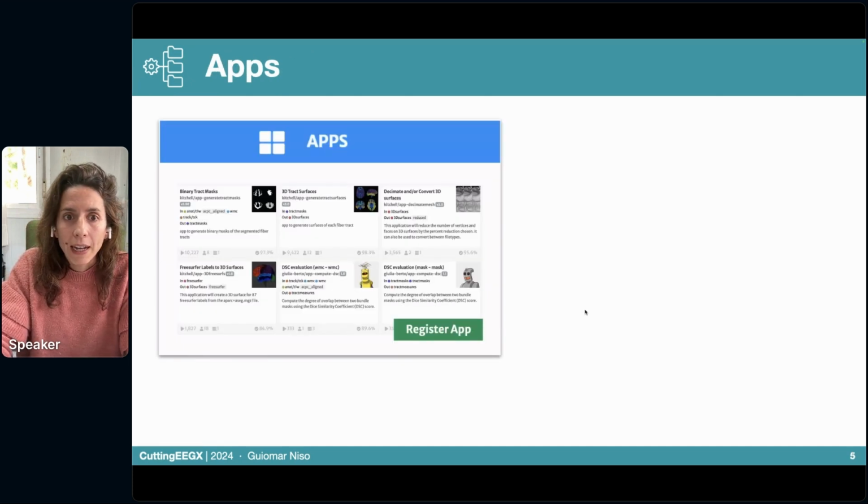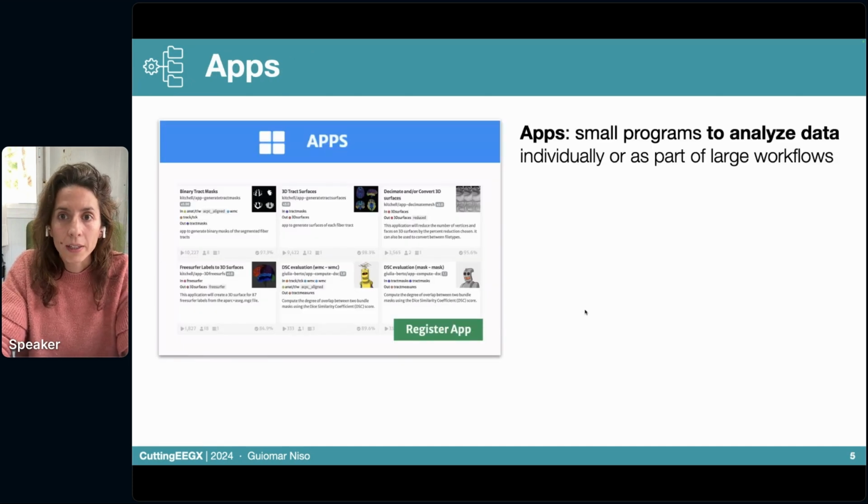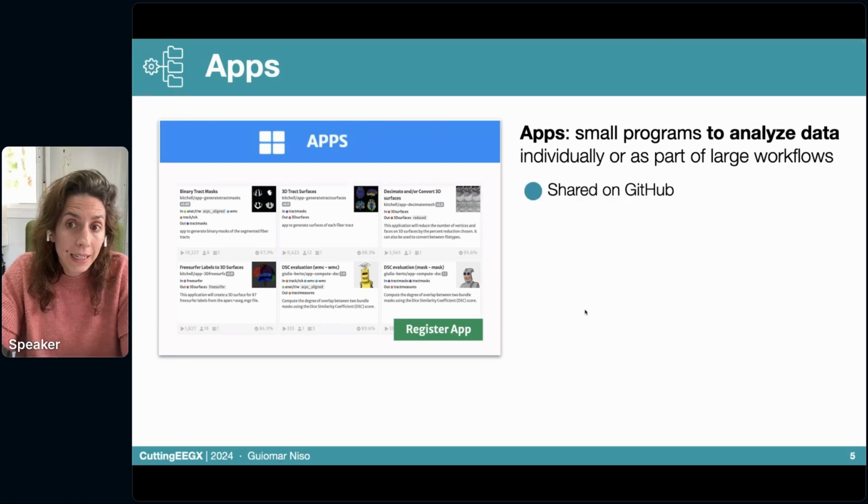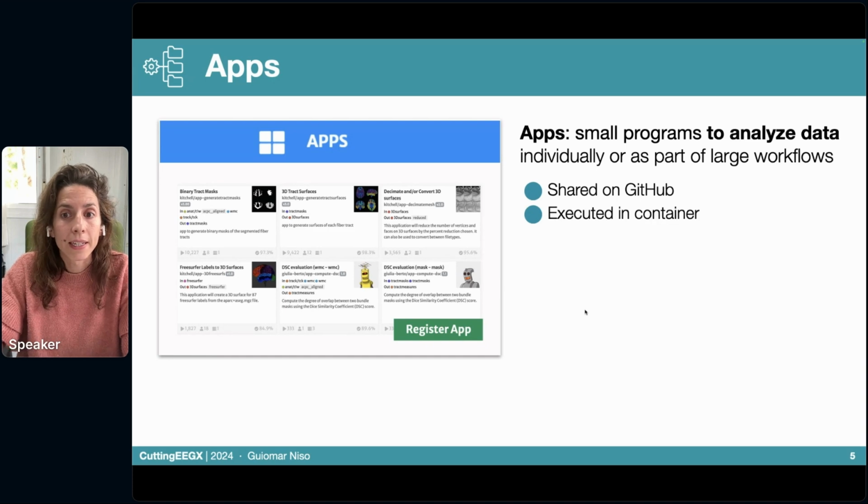When you run the apps for your analysis, apps are just small programs to analyze the data that can be run individually or as a specific step in a larger workflow. So you can run a concatenation of apps or just one big full app to run your analysis in the platform. These apps are shared on GitHub, so the code is open, and they are executed in a container and